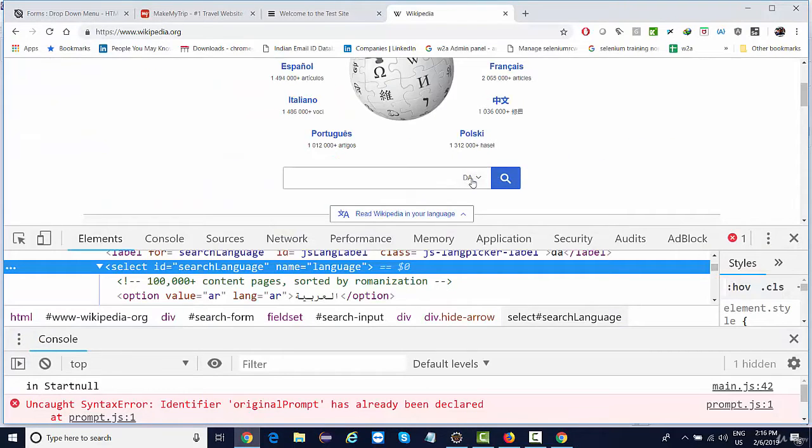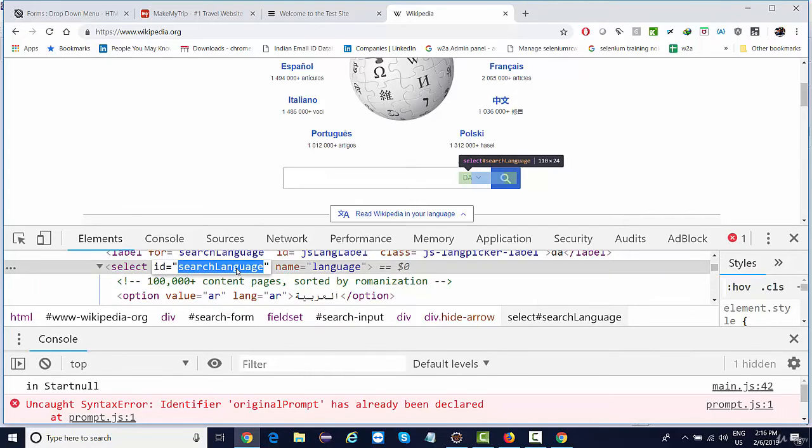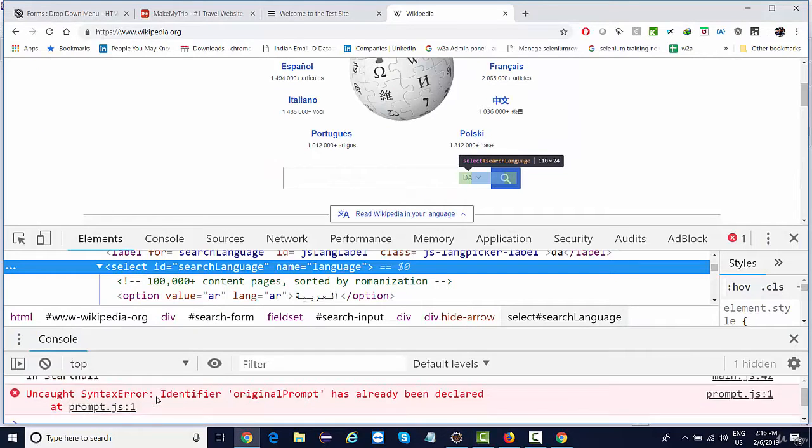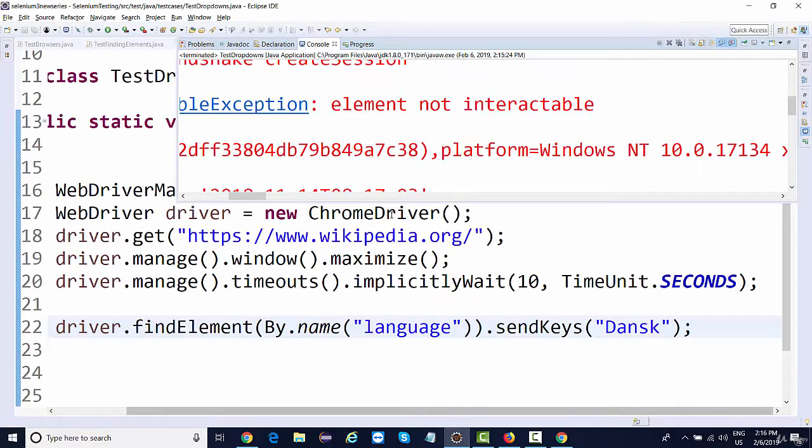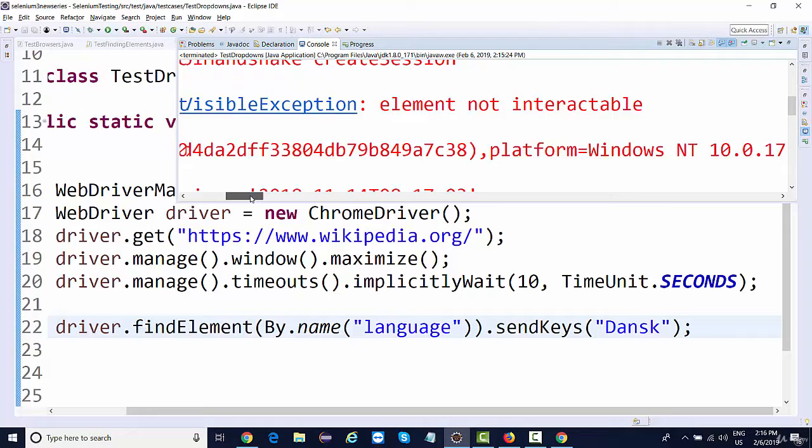If I try to use some XPath, or maybe the ID of this element, maybe there could be more than one language. Let's see. So $$ attribute name equal to language. See, there are two elements. The first one was a hidden element. So that is the reason, I mean, when we say find element, it tries to find the very first element on the page, right? And the first one was hidden, so we got an exception that element not visible,